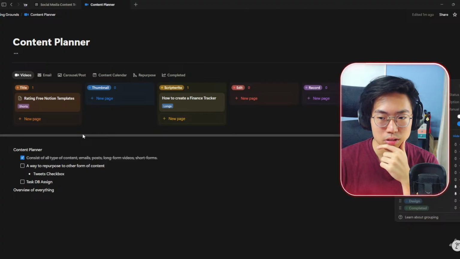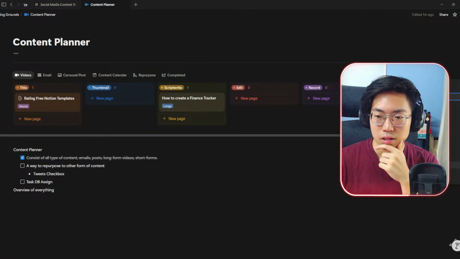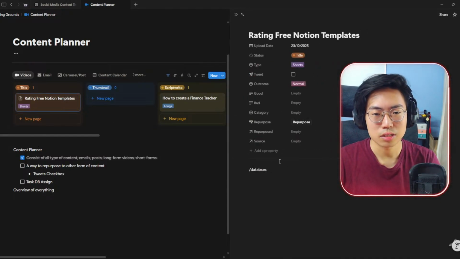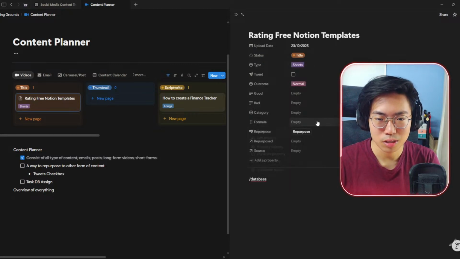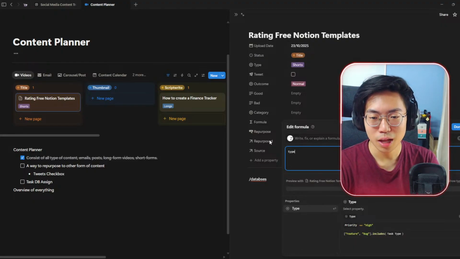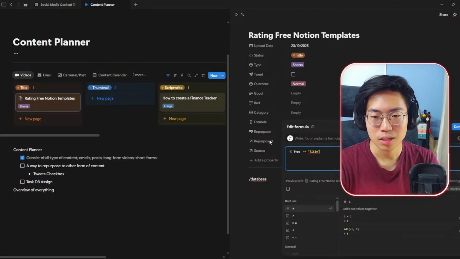Let me think. Doesn't make sense. What does it even mean to group it based on formula? Does it even make sense? I mean, I can just try, but I'm pretty sure it doesn't work. Let me just make some stupid formula like type equals title, then is title. And then, oh wait, no, type equals title, then is equal title, or else type equals